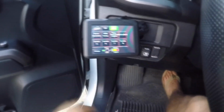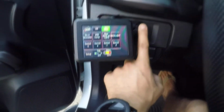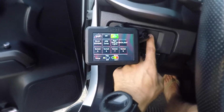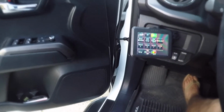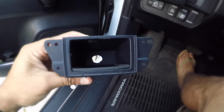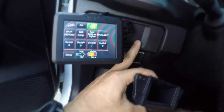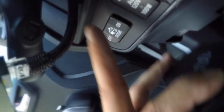But like I said, if I had to do this project over again, it is a clean install. It does utilize my RAM mount, but I'm kind of curious now. It got me thinking that you almost don't need the RAM mount, and you almost don't need this bracket, because with this hole, if you want to drill a hole to fit your power cable, you don't have to pop this entire plastic housing off. You literally just take a drill bit, drill a hole, run your Ethernet cable,